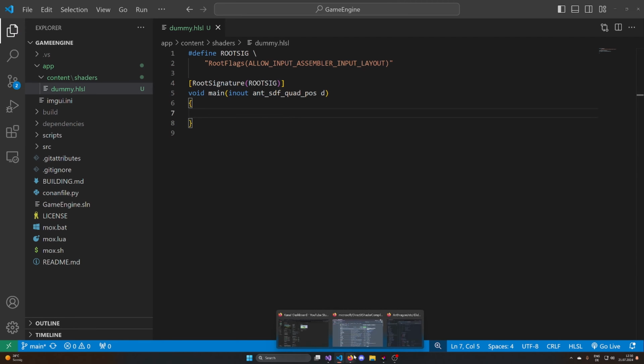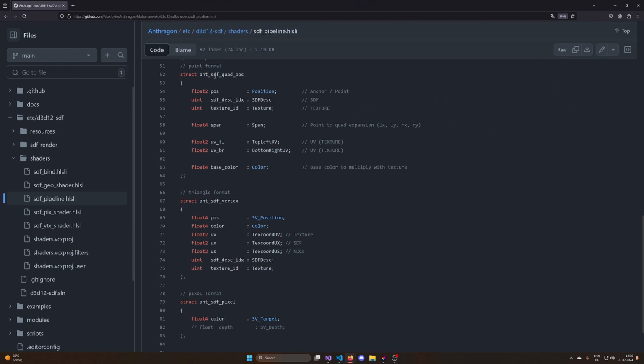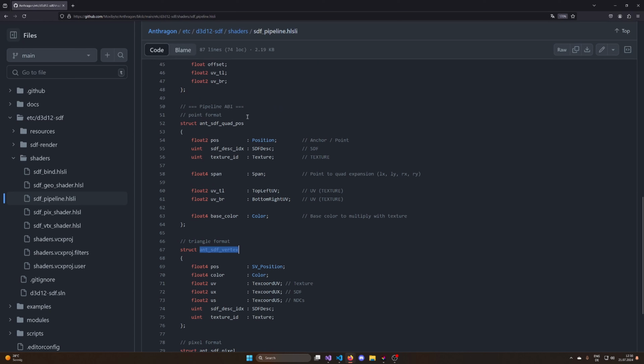SDF quad pos was what it was called. It was that one basically, which, well, there's also the vertex format. Why did we have this one in there? Yeah, because the vertex needs to be produced by the geometry shader if we are using a geometry shader. So actually what we need is that, and basically we just need to